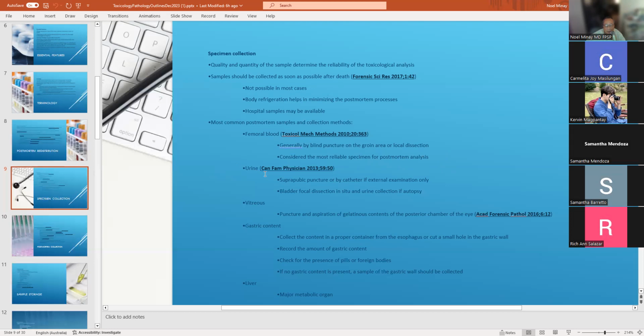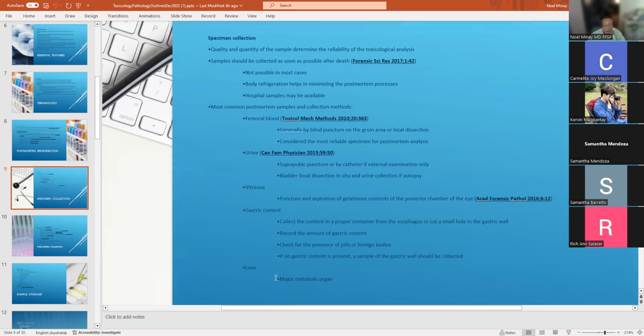Okay? Urine. Bago autopsihin, gagamit ng large bore needle. Ko-collect ng blood sa urinary bladder. Sa autopsy, after dissecting urinary bladder, vitreous fluid, as we have said before, can be collected from both eyes, gastric content, liver, okay,